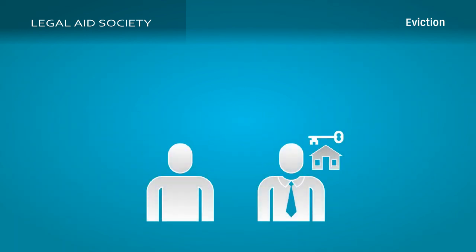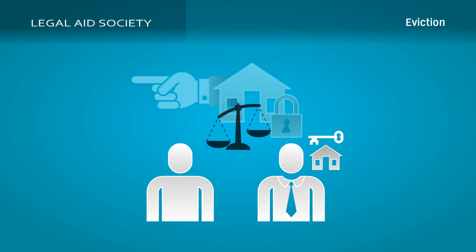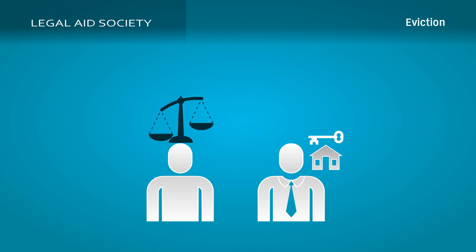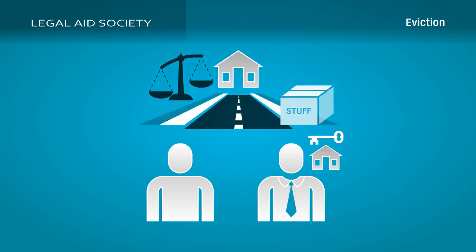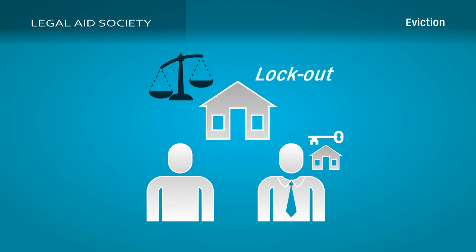As we have already discussed, it is illegal for a landlord to evict you without going through the proper court process. It is also illegal for a landlord to set out your belongings without a court-ordered eviction and the presence of a sheriff. Another tool that landlords might use to illegally try to evict you is a lockout. A lockout is just what it sounds like. The landlord locks you out of your residence.